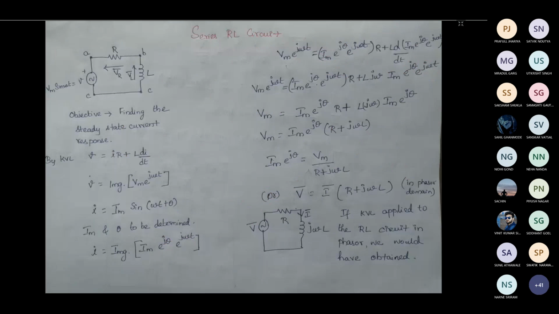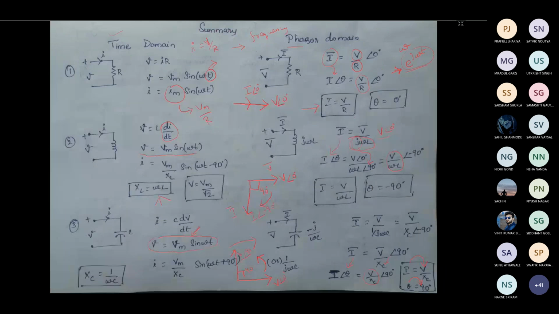This is just a summary, nothing new in this. If you are having any doubt, you ask, else let us proceed to the further circuits. The basics we have seen, and everything after this will be a mere application of what we have seen in R, L and C circuits. We are going to club R, RL, RC and RLC in order to get the final expression. That's what we are going to see.